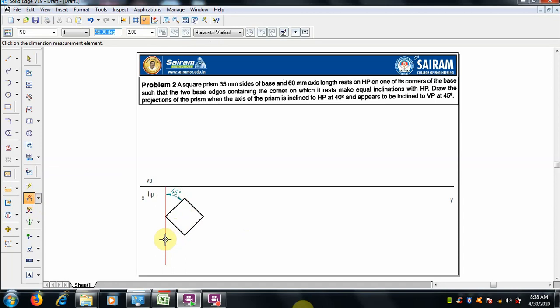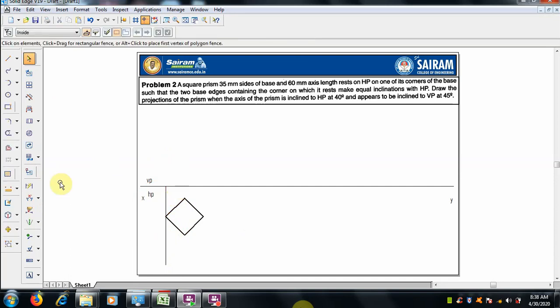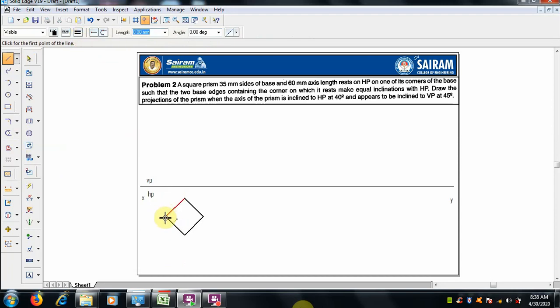Check whether it is correct or not before proceeding, because if the initial position is wrong, everything will be wrong. Now we have to project the front view by projecting the corners of the top view.